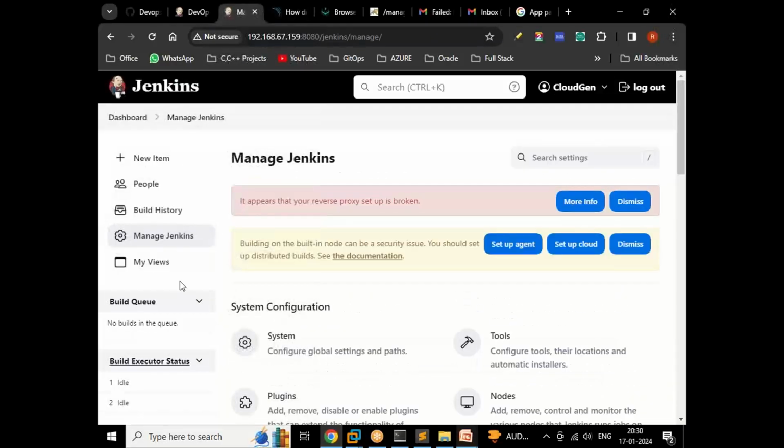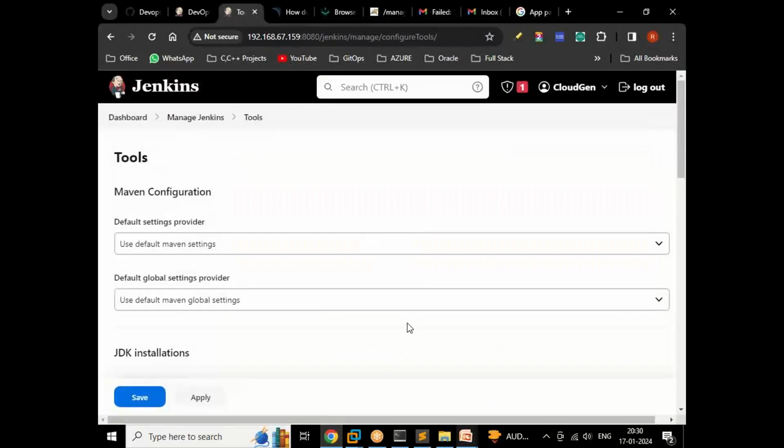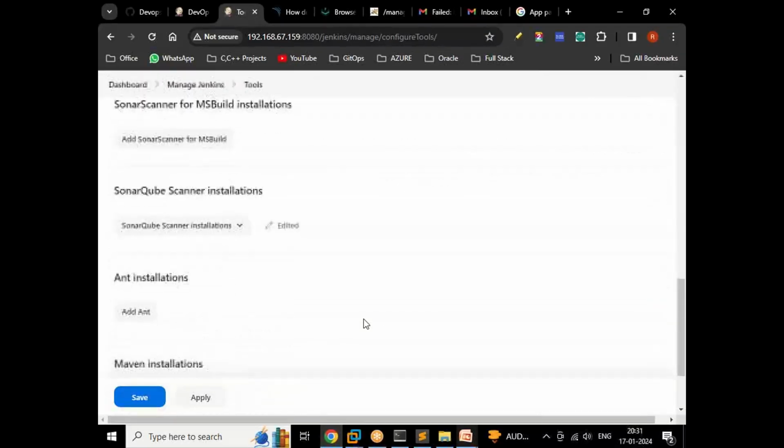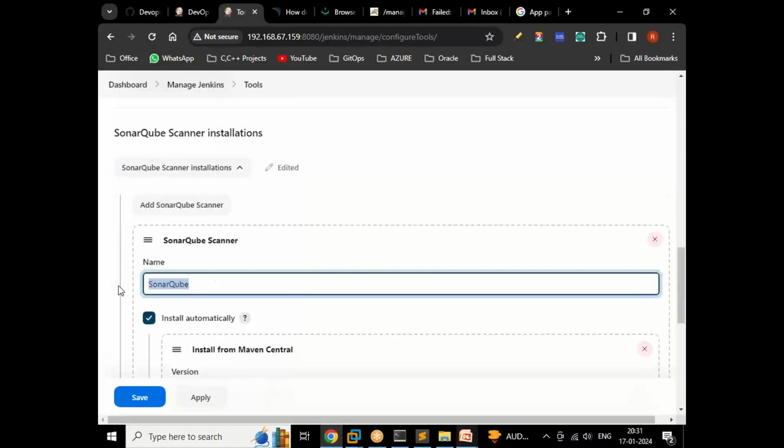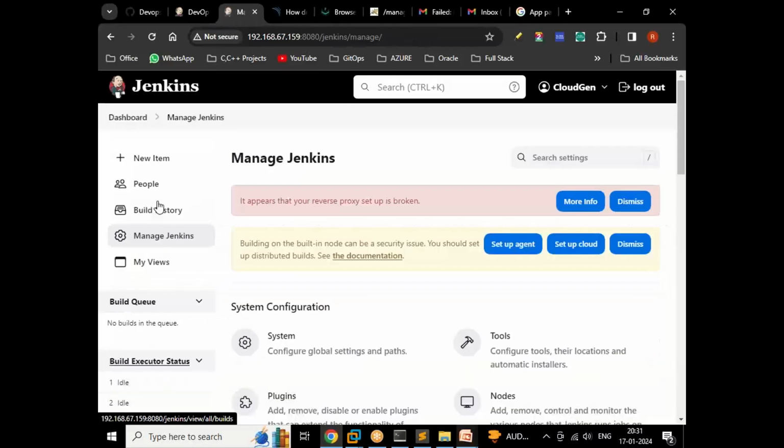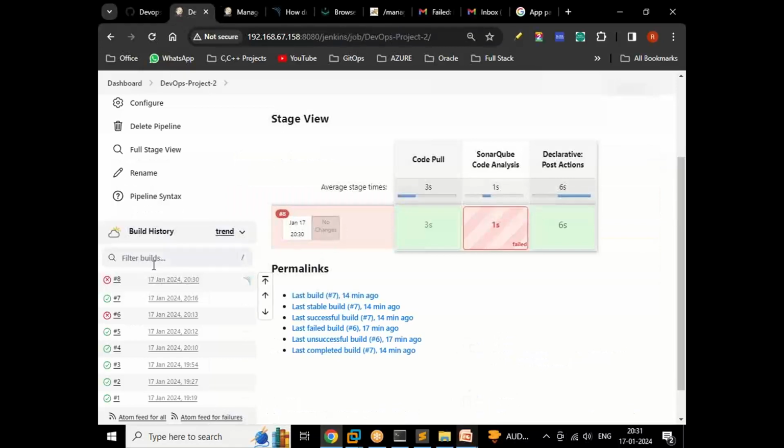First of all, click on that tools. So we have different name here now, SonarQube. Yes, see guys, here, DevOps Project-2. Save this one. Of course, we got that is the issue. Yes, now come here. Let me check that